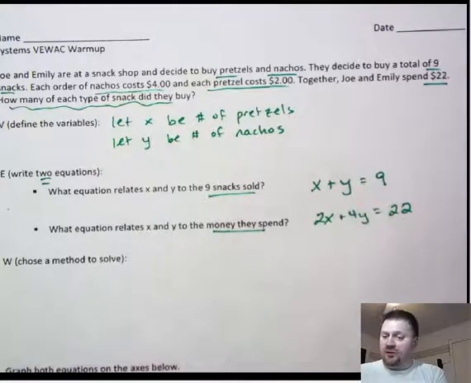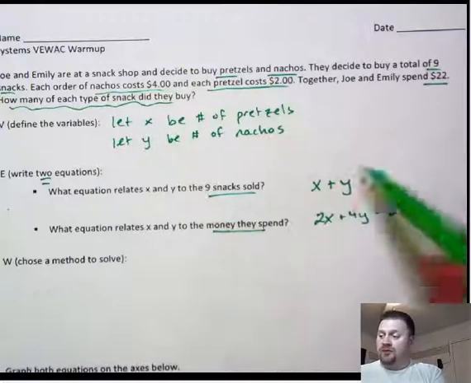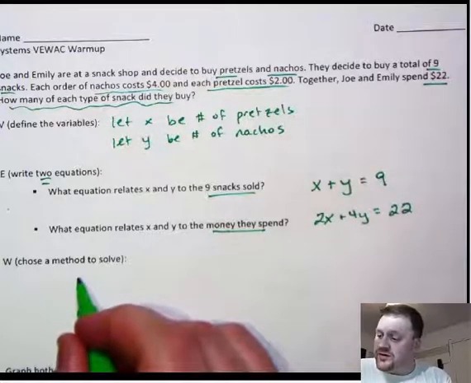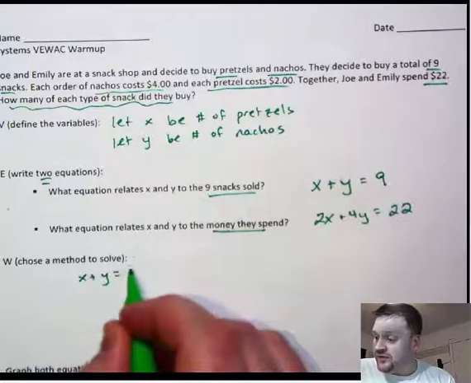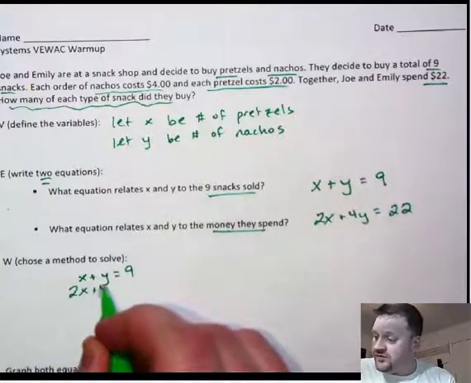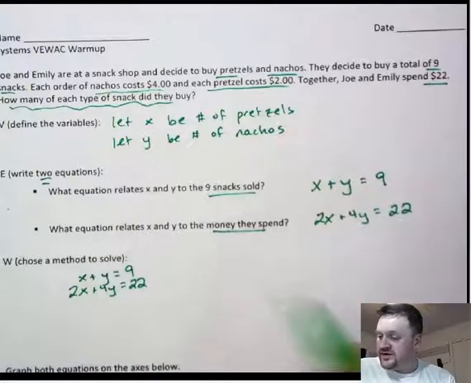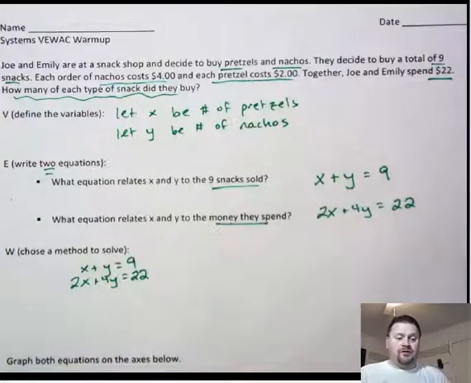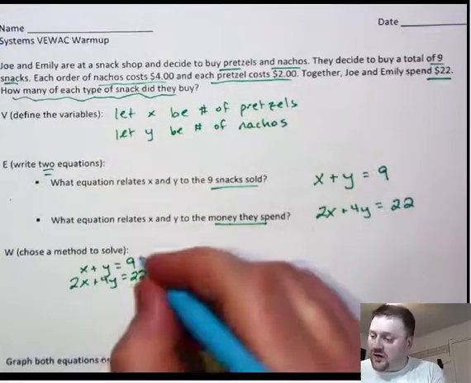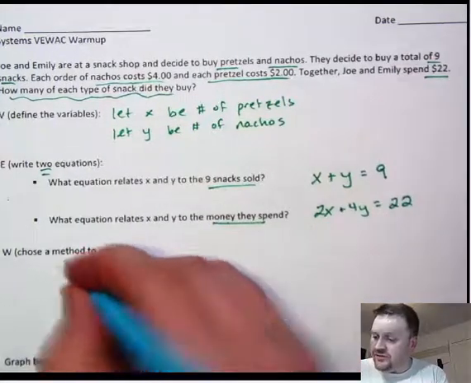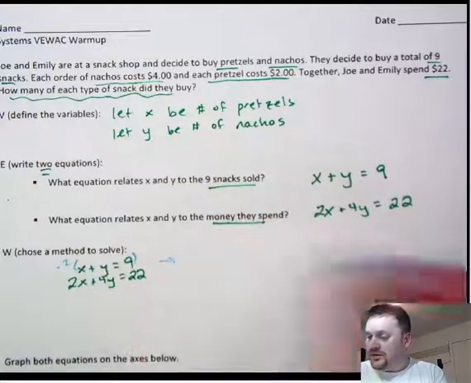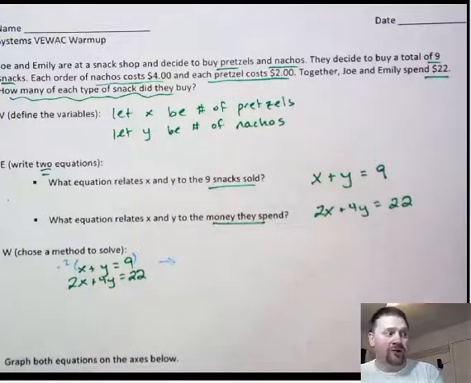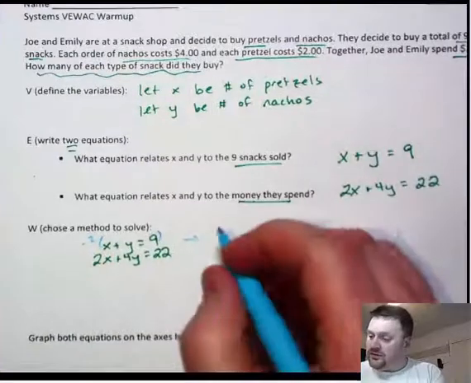Now our work is spent solving this. If you notice the way this looks, when we do these VEWAC problems, this is my preference, but I noticed that this is lined up exactly like I've seen the past couple of days. So a lot of times I'm going to do these using the elimination method. So if I do the elimination method, I'm going to take this and multiply the top equation by -2. Please think about why that is. What am I attempting to do by multiplying that by -2? So this would give me